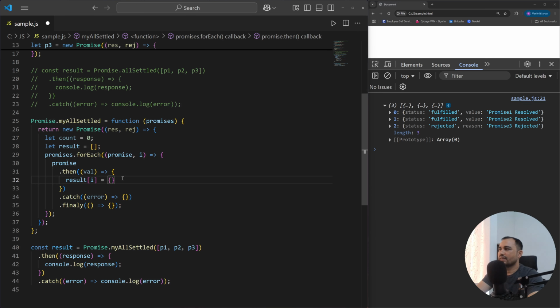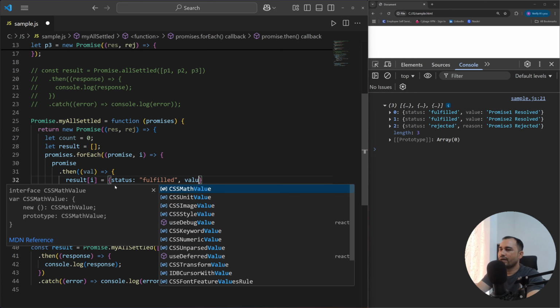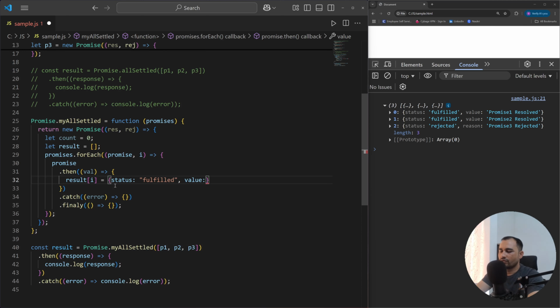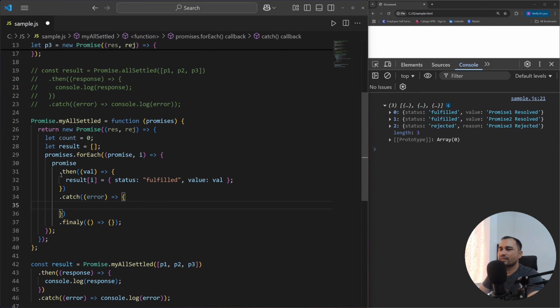So we can simply assign an object something like this: status is equal to fulfilled, and the value is whatever the promise value is. So we can have status equal to fulfilled, and then here we can have value equal to value, whatever value is coming from this promise. Same thing in the result, we can have status equal to rejected,